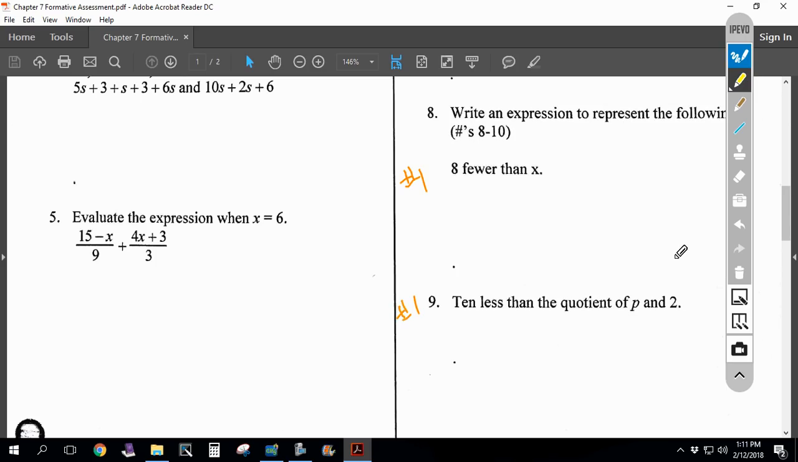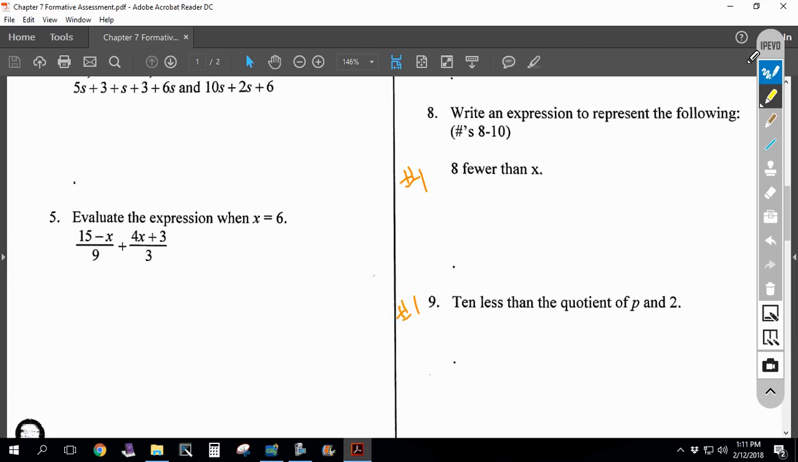Okay? 8 fewer than x. You're writing an expression to show the situation. So 8 fewer than x. You have to remember this is the one where you got to reverse it and say, well, then that's x minus 8. Okay? Because you're saying, okay, I have this, I have x, I'm up here at x, I got to go 8 fewer than that. So it's got to be, this is your whole, this is your part,